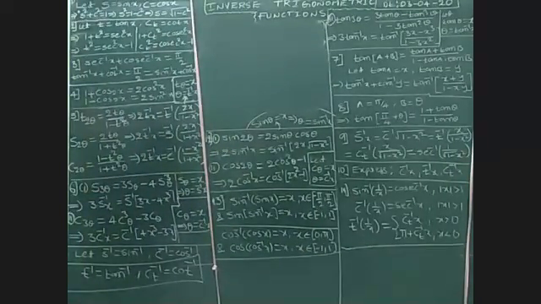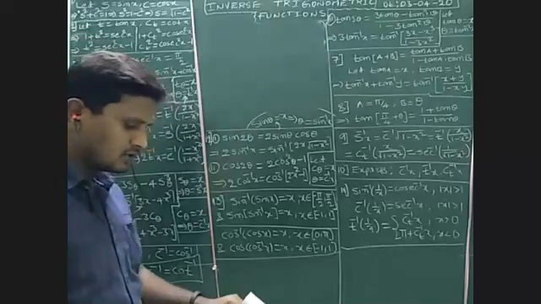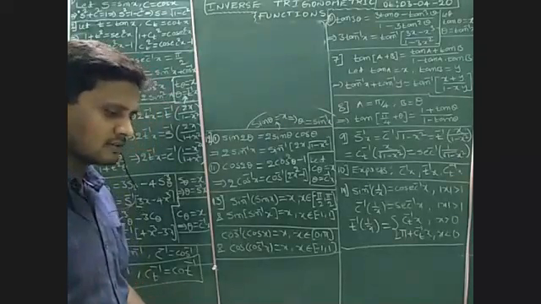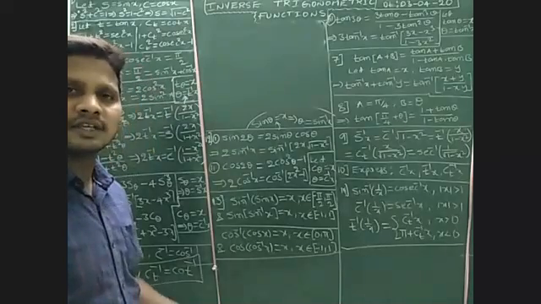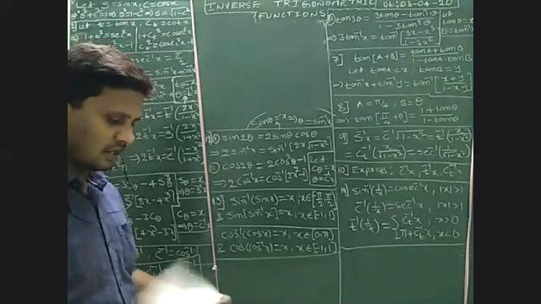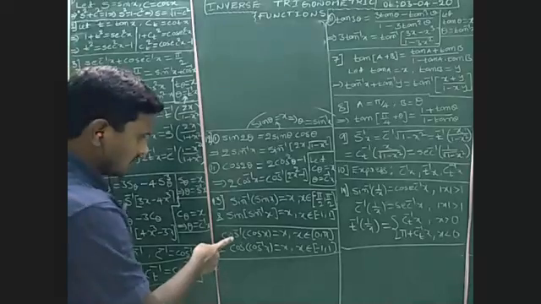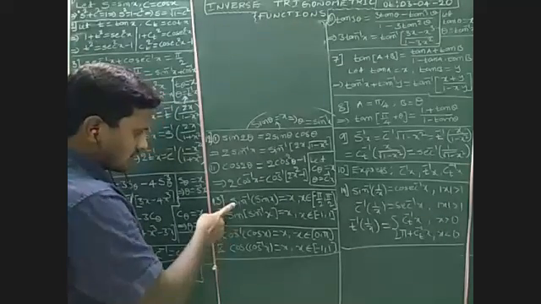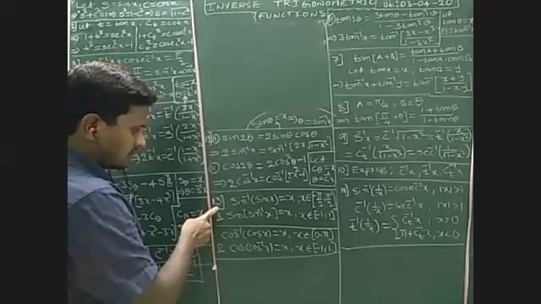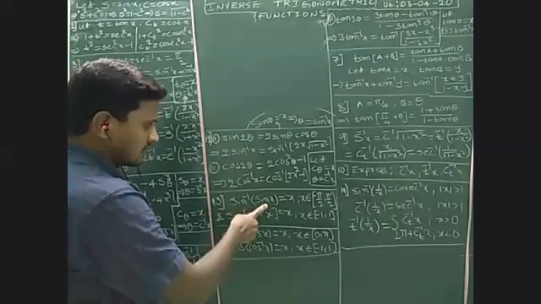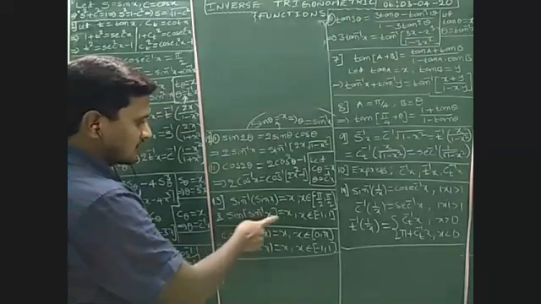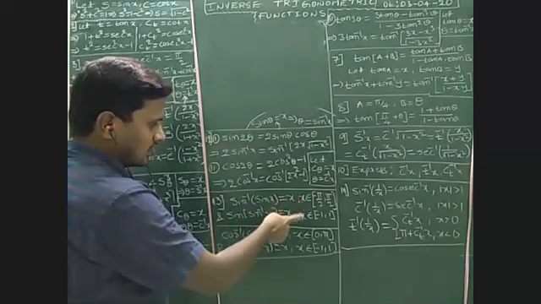Yesterday we discussed the principal value branches of sin inverse x, cos inverse x, tan inverse, secant inverse, cosecant inverse, everything. We finished that exercise. Now, today, first we'll see some formulas I have written here. If you observe the 13th one, sin inverse of sin x is x, and sin of sin inverse of x is also x, but the x value will be changed.